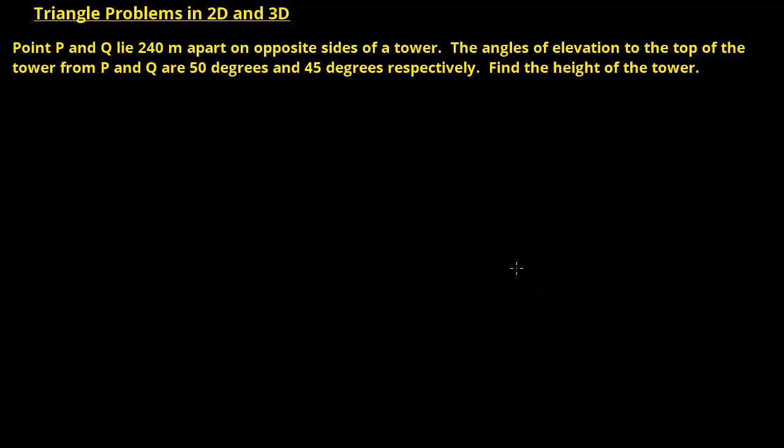So let's go ahead, we'll draw out a diagram. Here it says point P and Q lie 240 meters apart. So let's draw out P and Q such that they're 240 meters apart. And it says that the angles of elevation to the top of the tower from P and Q are 50 degrees and 45 degrees respectively. So let's draw this tower, and the tower looks something like this. Actually, it's going to look something more like this,